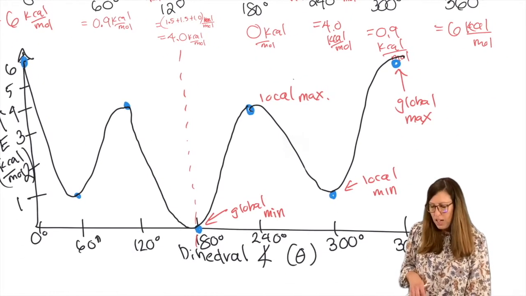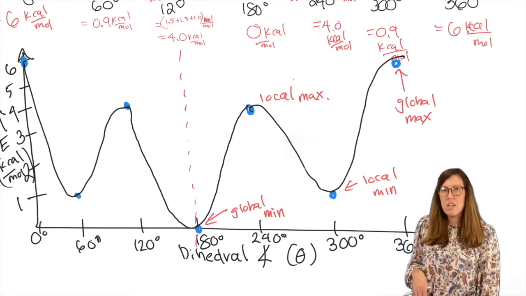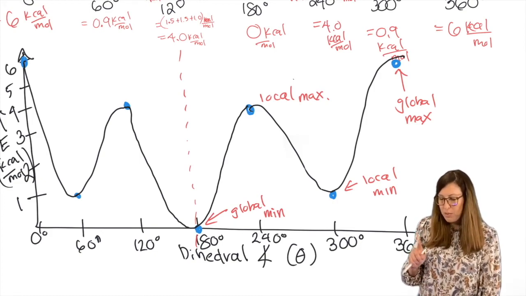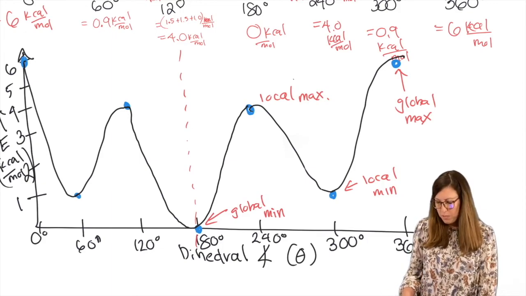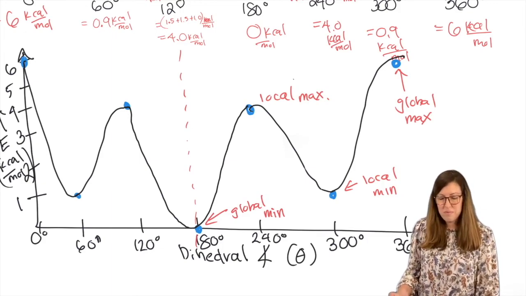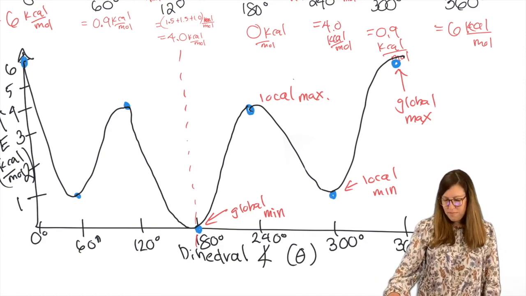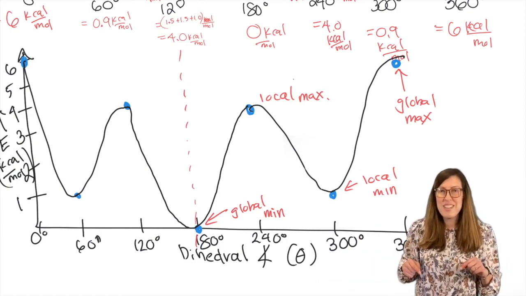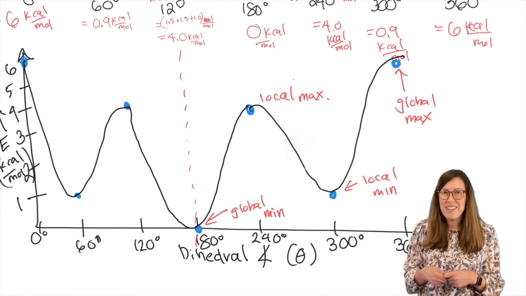Okay, so that plot tells me that those corresponding Newman projections are indeed symmetric. However, it also tells me this is not ethane. I could look at that and say that can't be ethane because the global minimum is not the same as the local minimum, right, over 300. I urge you to practice butane, or excuse me, step it up to hexane maybe. Give that a try and see what you come up with. Good luck.